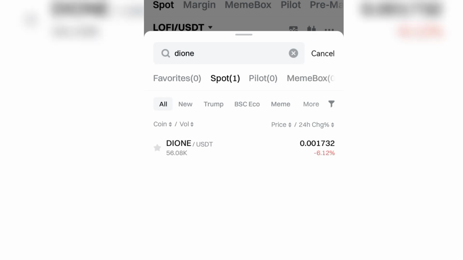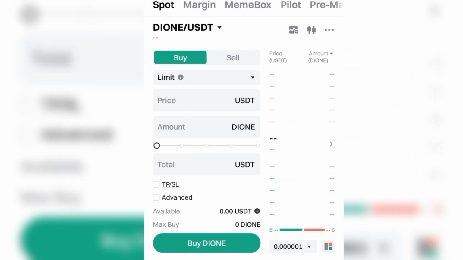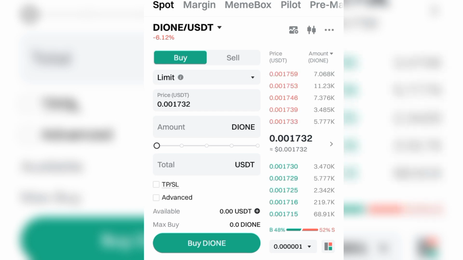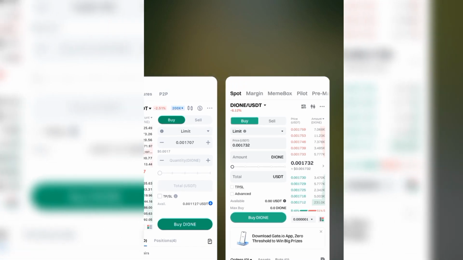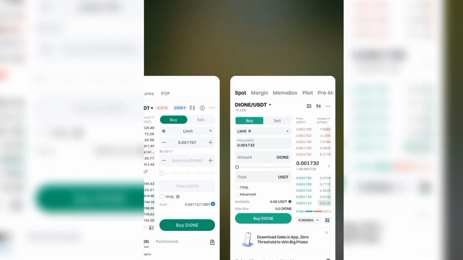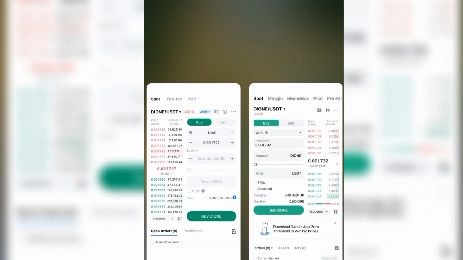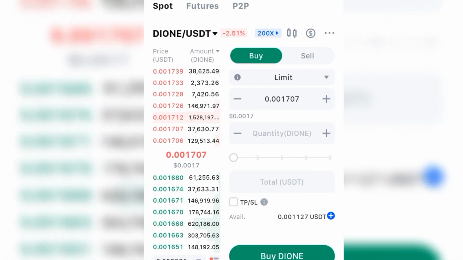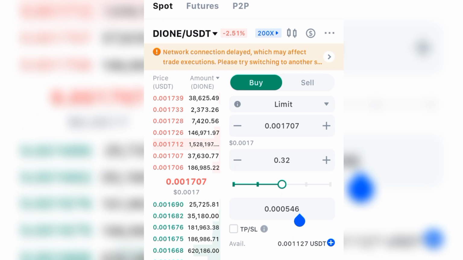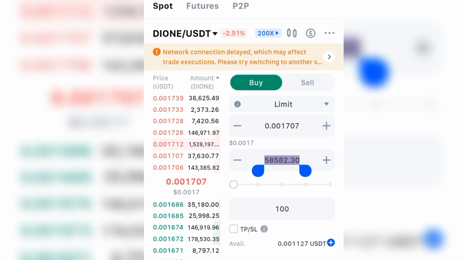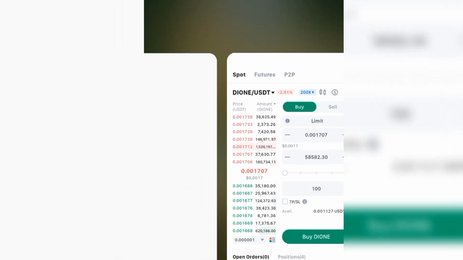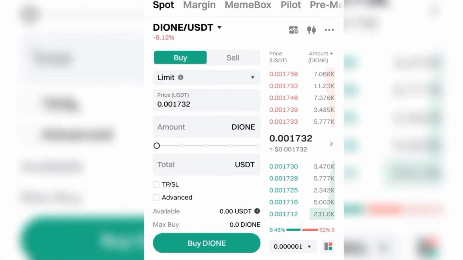Okay, so this is it here. Right here we are seeing it is trading at 0.001732. And here you can see 0.001707. So let's look out for opportunities right here. We are going to be inputting our $100 value to check for the price there on Gate.io. So if we copy it right now, go to Gate.io, and paste it right here to see the price,